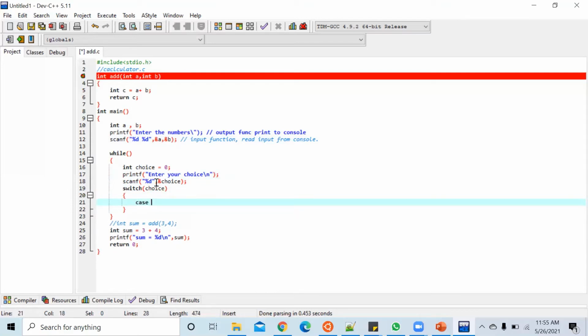Don't worry about this. Initially it looks complex for you. I will show you. Case.